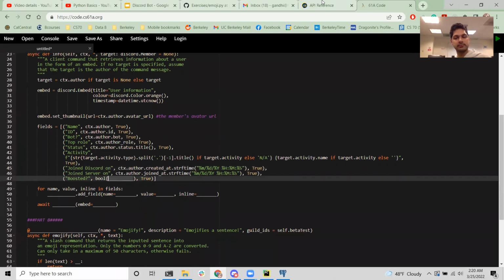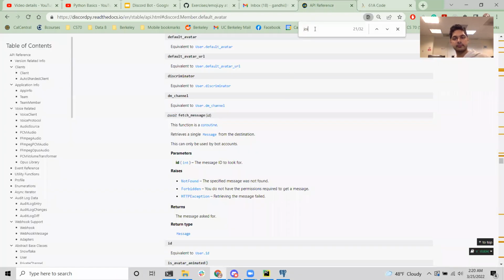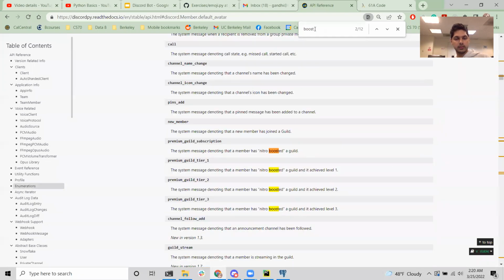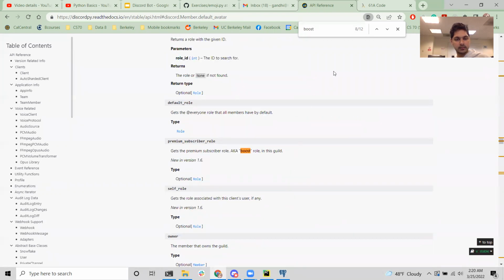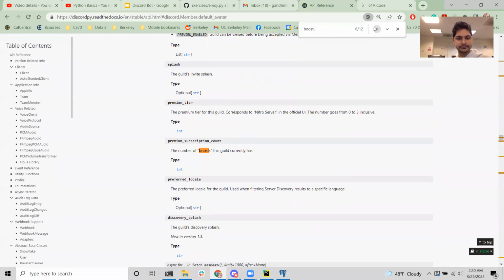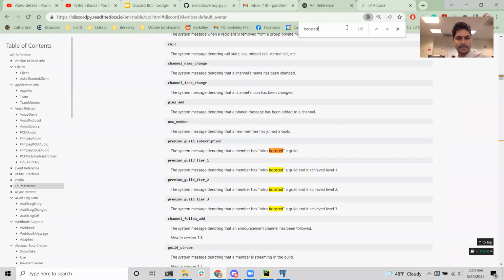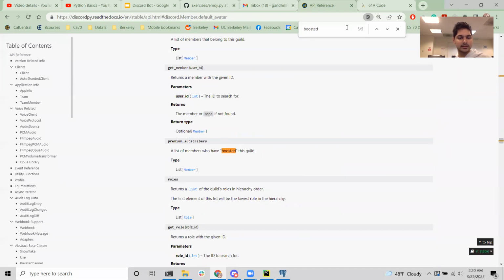And boosted is a boolean, and okay, boost, it might be something like this. I think these are kind of new. I think it might be a premium subscriber role. Is it? No, no. Boosted. I don't know. Honestly, it's not that important.